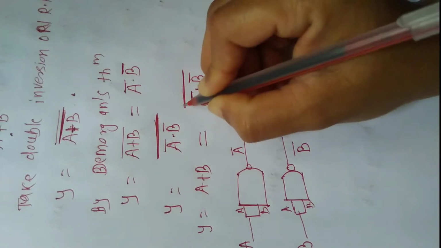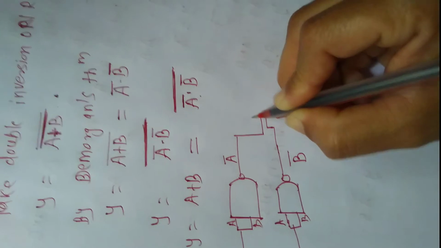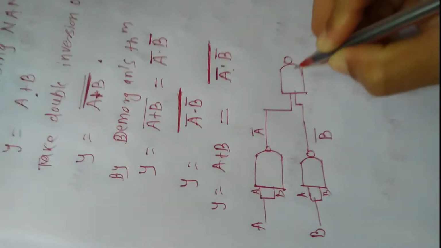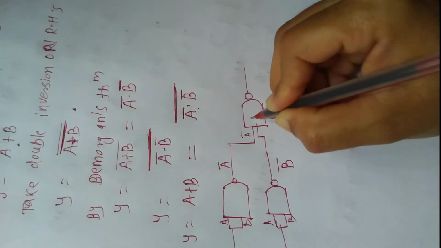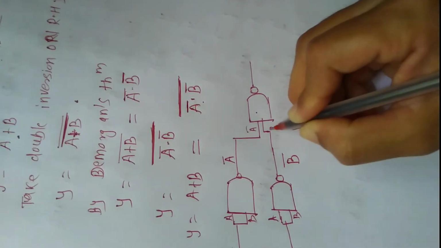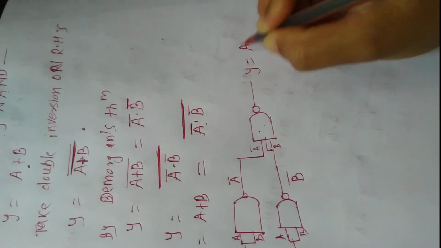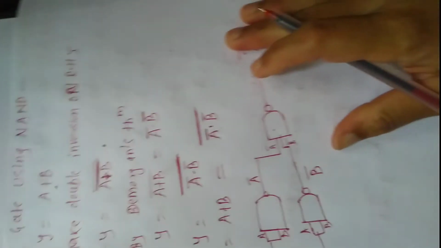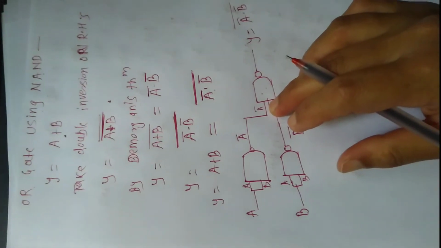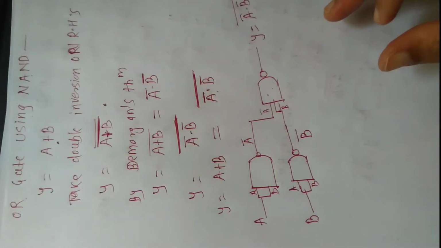There is another single bar, so there is a product term. So we connect another NAND gate. This A bar is the input of this next NAND gate, and this B bar is the input of the next NAND gate. So the output of this NAND gate is A bar, B bar, complete bar. This is the expression of OR gate using NAND, which we study diagrammatically. This is the universality of OR gate using NAND.